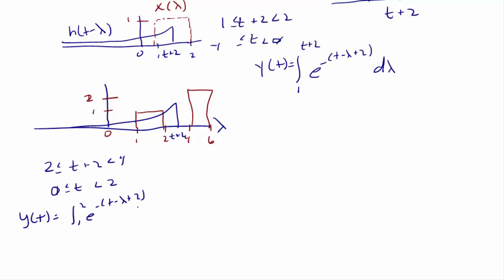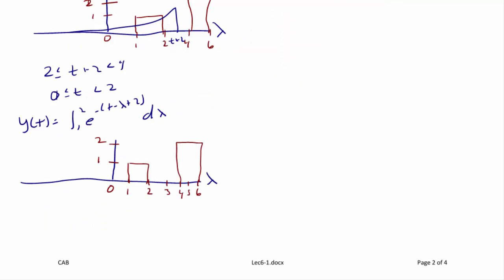plus 2 d lambda. The next region will be where t plus 2 is between 4 and 6, which means that h of t minus lambda completely overlaps the first block and partially overlaps the second block. So here is h of t minus lambda, and t plus 2 is between 4 and 6. So we have t plus 2 is between 4 and 6, or t is between 2